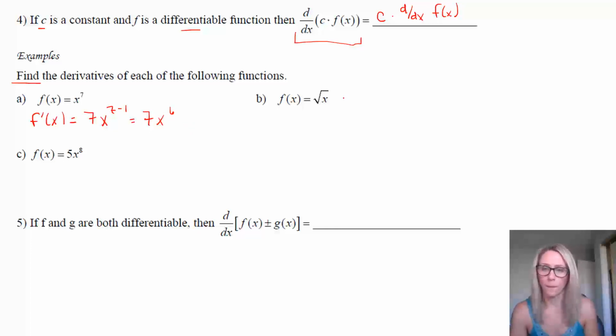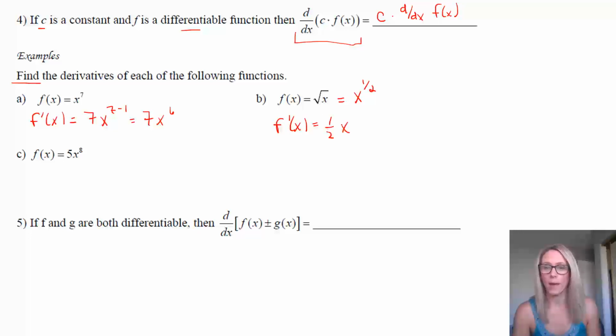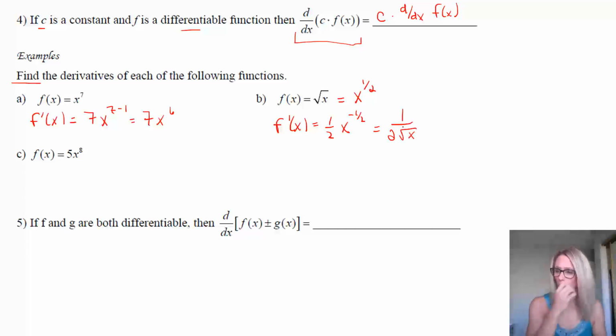That is okay. For b, you might be thinking, I see a square root. Yes, you do. But you want to remind yourself that all those roots can be rewritten with an exponent. So in this case, you'll have x to the 1/2, and then it just follows the same pattern. We're going to bring down the 1/2, we're going to have x, and then we're going to subtract 1 from the 1/2, and that's going to give us a -1/2. That is fine, or you can rewrite that with the square root of x in a denominator. So either one of those is true and valid.